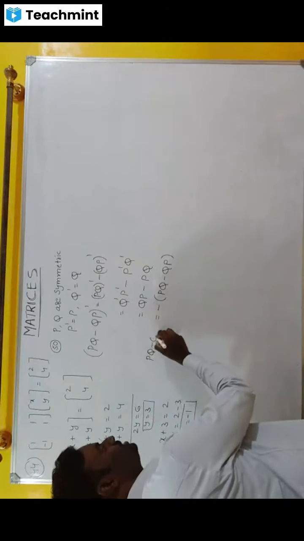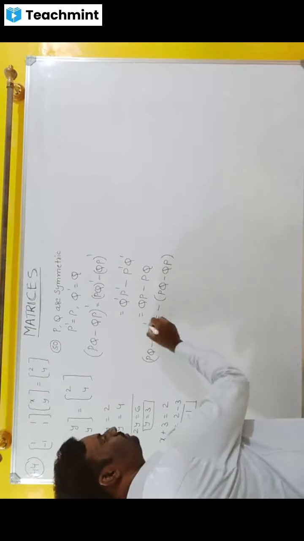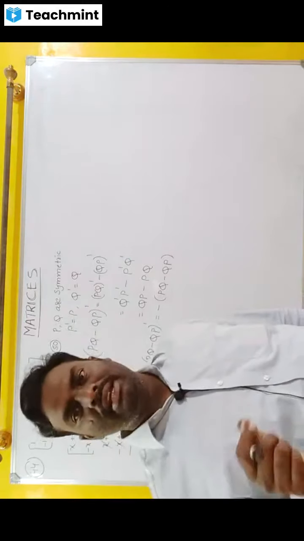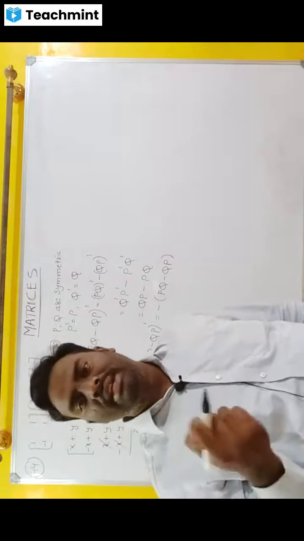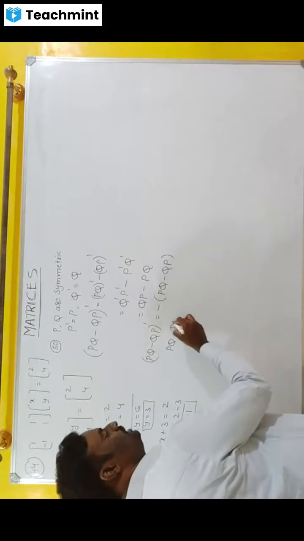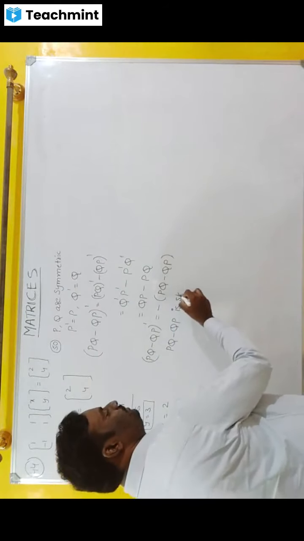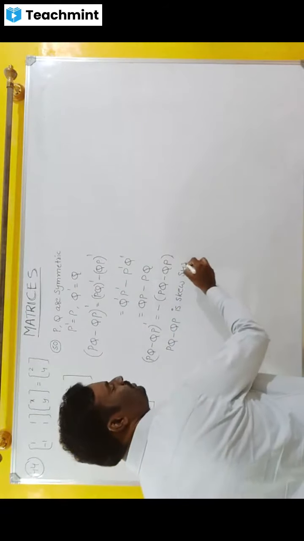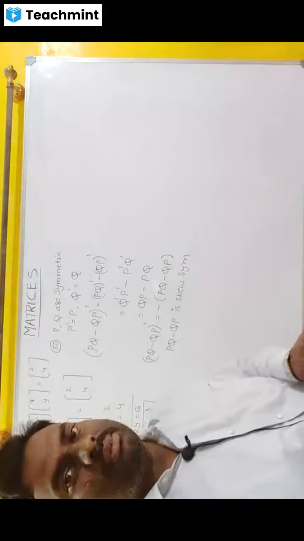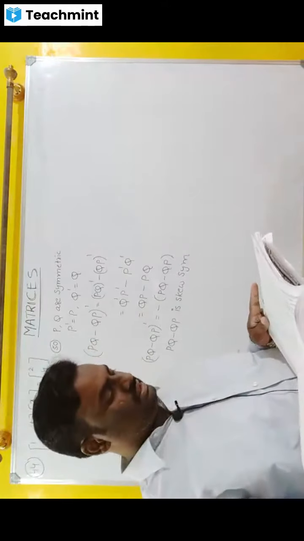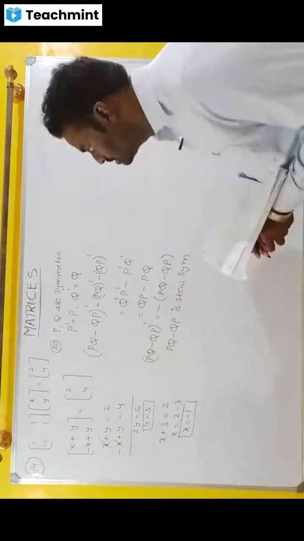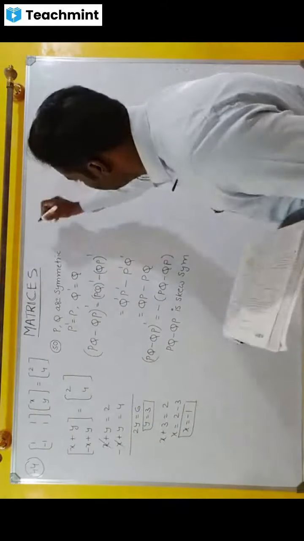So on the left side we have PQ minus QP whole dash. Here minus symbol is there, here minus symbol is there. It is nothing but it is not symmetric. It is a skew symmetric matrix. Therefore, PQ minus QP is a skew symmetric matrix. That is the answer for question number 50. That is nothing but the third option is the correct answer. Okay, we will continue to the next question, that is question number 51.